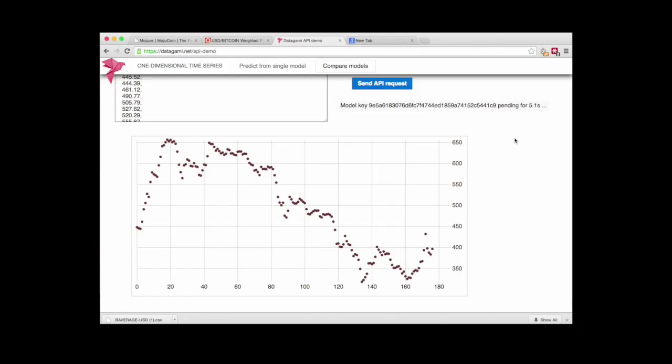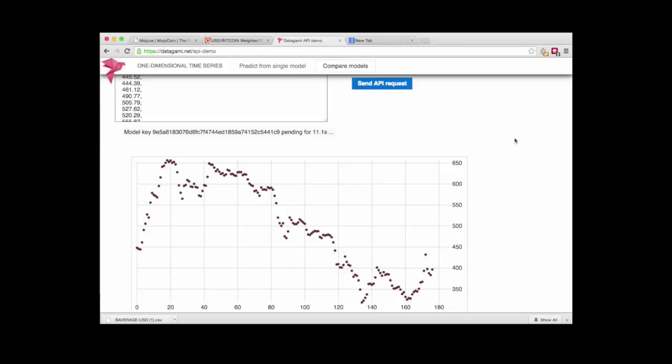So this is a dot portrait of the last 180 points, and what we're doing is we've run up to about here or so, I'm not sure exactly, as a training set, and the last bit will be the out-of-sample test set. With time series, you can't really do cross-validation because the order of the observations matters, so your best bet is a sliding window approach.